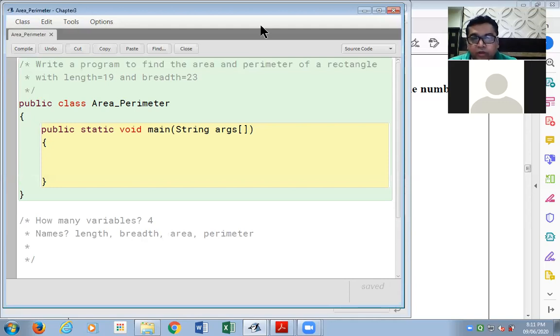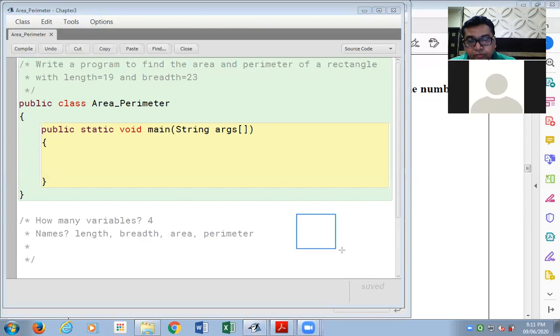One thing I just forgot, I'll just repeat that and convey it to you. This rectangle, when you add up the length of all the 4 sides, the value that you get is called the perimeter. That means this length and this length, the 2 horizontal lines, and the length of the 2 vertical lines, that is the breadths. So when you add them all up, you get the perimeter, and the inside portion of your rectangle is called the area.